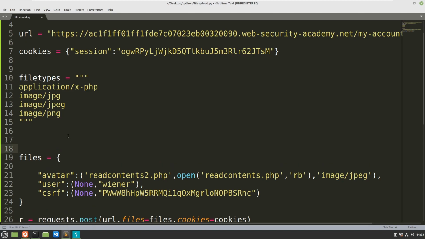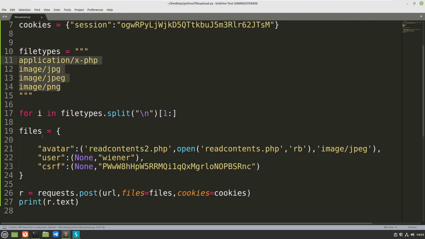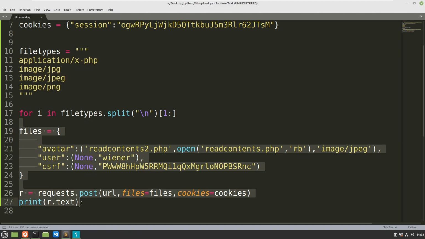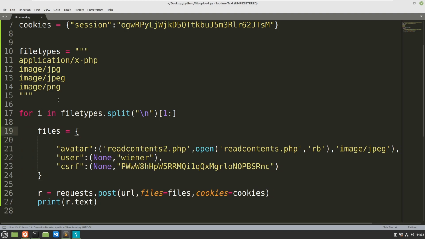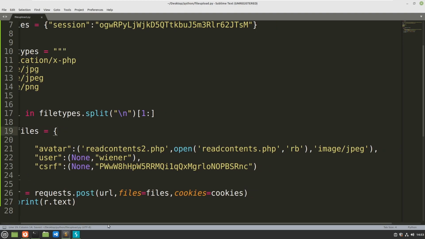Now what I can say is, for i in file_types.split of newline. I want to remove the first one, because the first one is an empty line. So I can say from 1 onwards. This will remove the first line and we will get only these values. Now tab this one. So select all of this content and press tab. So for every file type,